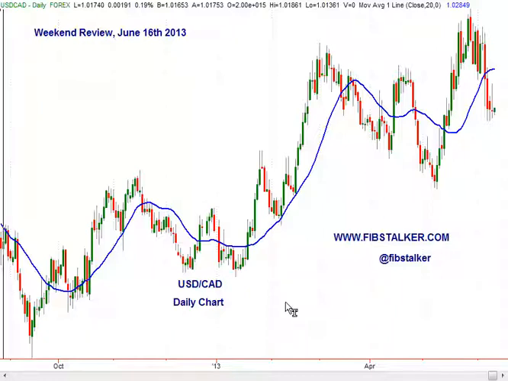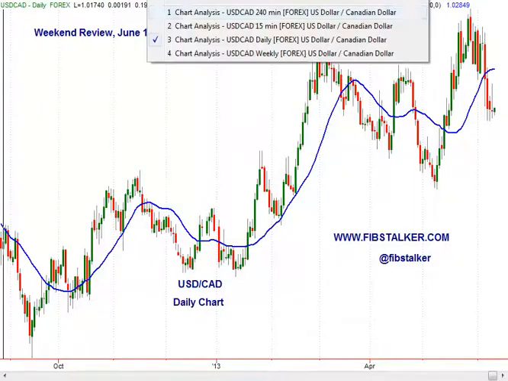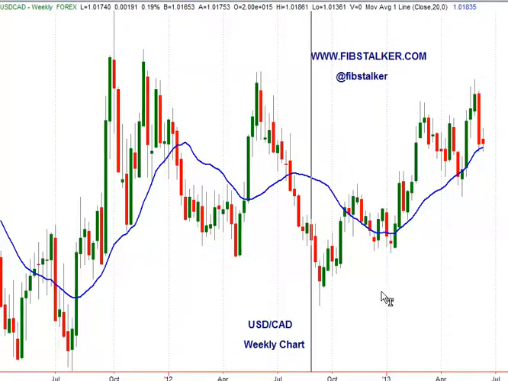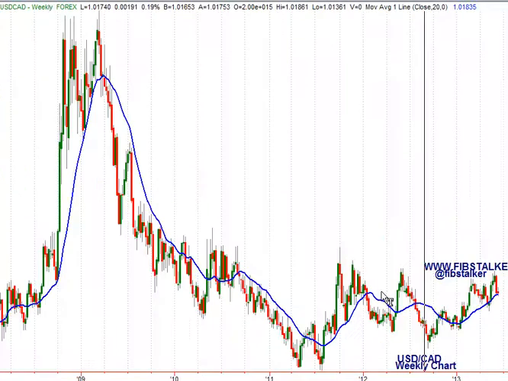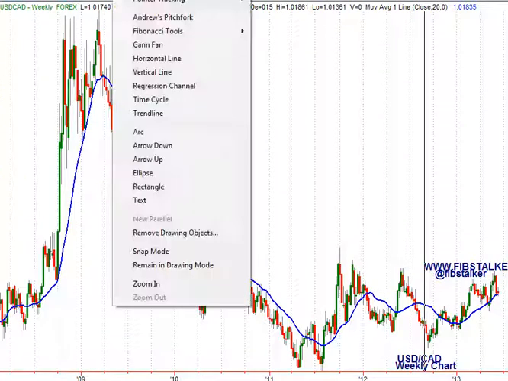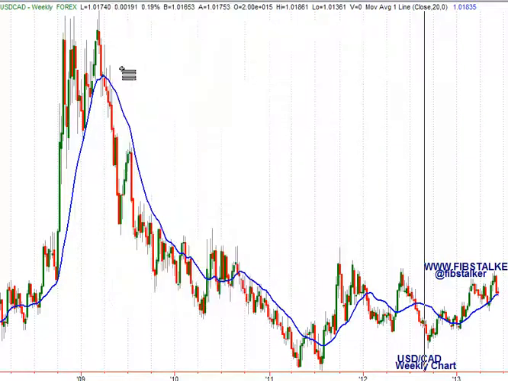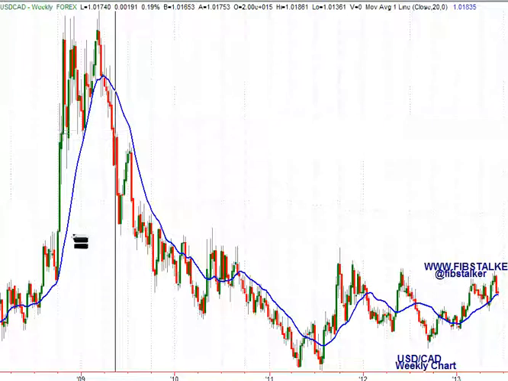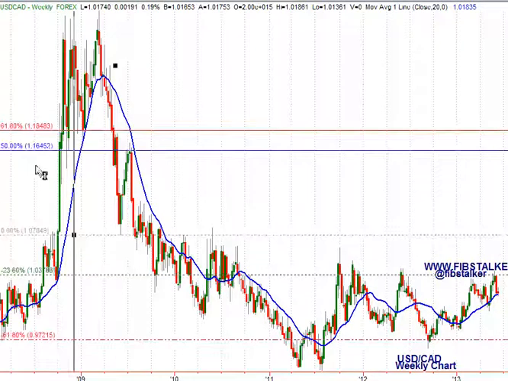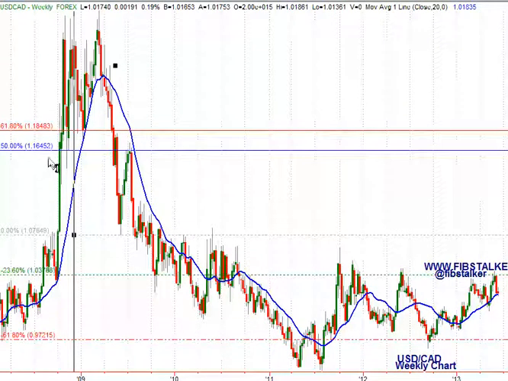What you see on the screen is the weekly chart of the US dollar versus the Canadian dollar, and sorry, this is the daily chart. I'm switching to the weekly chart. This is the weekly chart. I want to review with you the long-term sequence of measured moves, and as we can see, we had this first move with a short in 1.1645, and we hit target in the